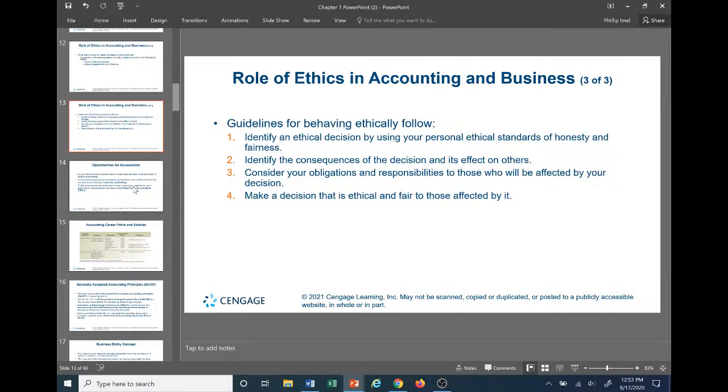One thing you always remember as an accounting professional, especially if you go on and earn your CPA and work in the public sector or in private industry: public is your middle name for certified public accountant. So the public's interest should always come before your own personal interest, because you really are facilitating a lot of trust between the people who know what's going on and the people who are just buying into it. That's pretty much information asymmetry, which just means a breakdown of information. So if you follow these 4 guidelines for behaving ethically, you should be good. And like I said, everyone should know by now in life, for the most part, what's right and wrong.